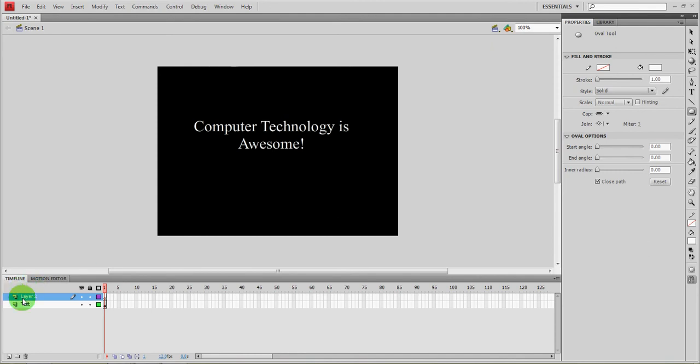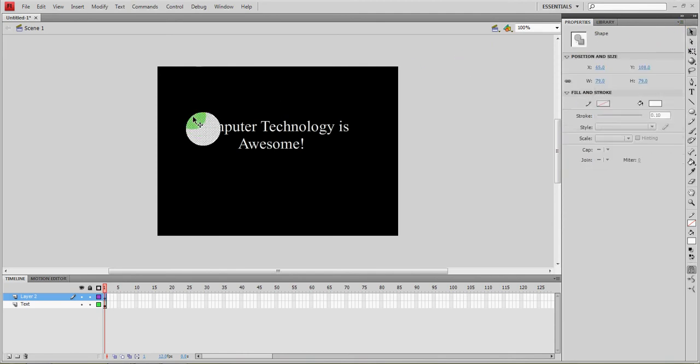So I have my second layer, and on the second layer, I'm going to draw my circle, just like that. Now, I'm going to do something slightly different than what I've done in the past. In the past, if I wanted to create a symbol, I would have gone to Insert and New Symbol. Today we're going to kind of do it backwards. I'm going to create my picture here. I'm going to go over to the select tool,